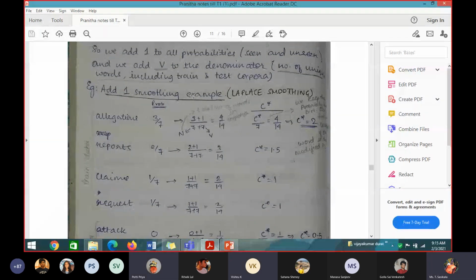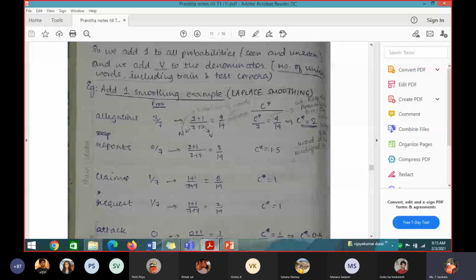3, ma'am. So what will it be? 3 plus what do I have to add here? Allegations. For allegation alone, can anyone repeat along with me? 3 plus 3. 3 divided by 7 plus 21. 7 plus 7 into 3. Don't write 21 directly. 7 into 3, right? Then you write 21. Then only you will count. You will not make a mistake.